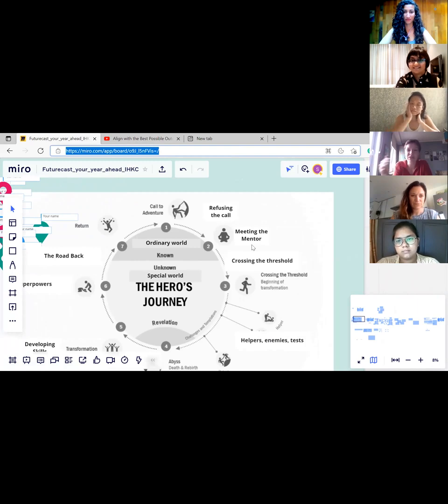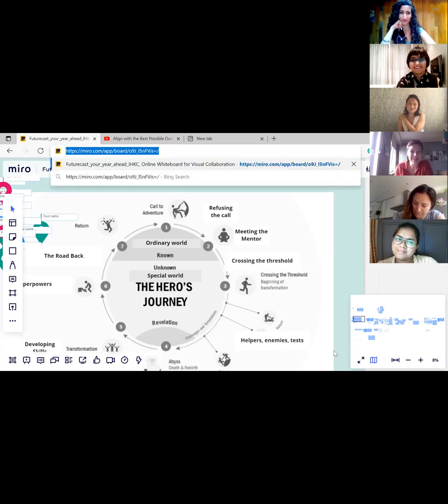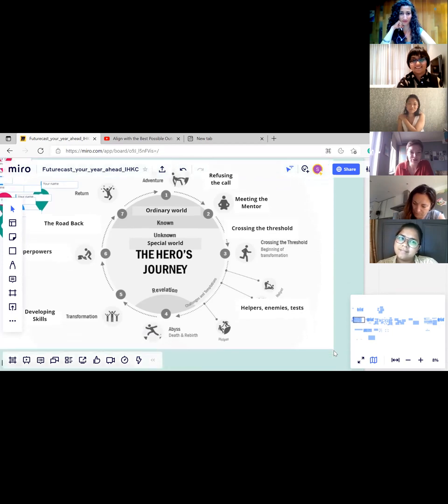Yeah. And then usually they meet a mentor, or that can even be an inspiration, so it doesn't have to be another human being. Then they step into the beginning of the transformation. And then they meet different hurdles, tests, helpers, people that accompany them along the way, or even fantastical beings, depending on the story you're telling. And then at the bottom, they really go through, oh wow, it even says the abyss, the death, and the rebirth. That is the key transformation that is happening, where they learn the lesson they need to learn, or make the change they need to make.